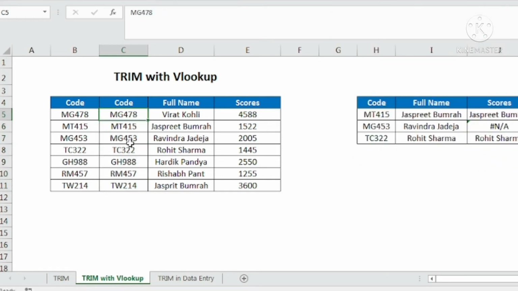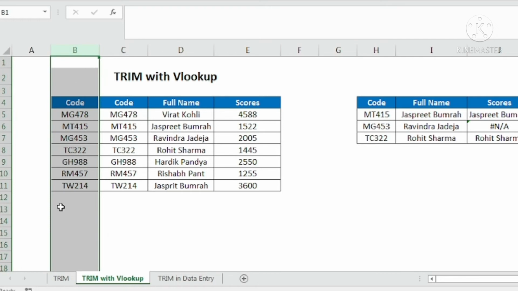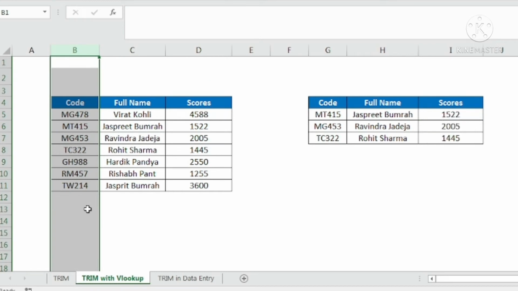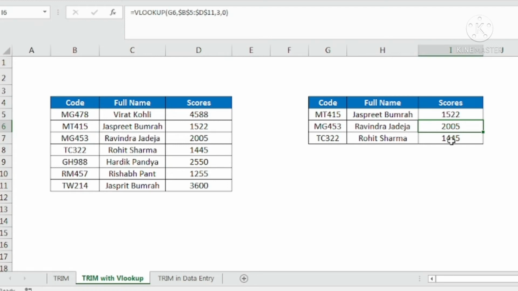You can see here the formula is being removed. The formula bar also doesn't have the formula, here the spaces are there. And then I will go ahead and delete this first column because it has invalid values which were giving me the problem. I will delete this particular column by Control minus, which is there on the right hand side of the keyboard, Control minus, and you can see now I'm getting the correct values. So this is how you can clean the data before using the VLOOKUP formula.